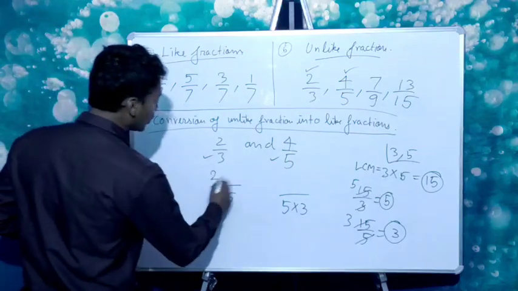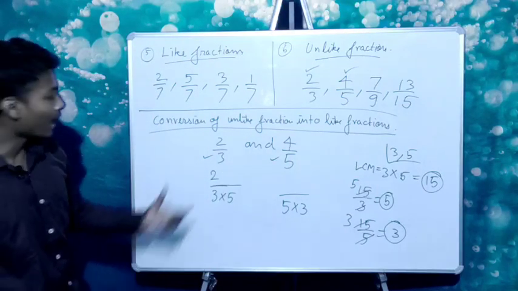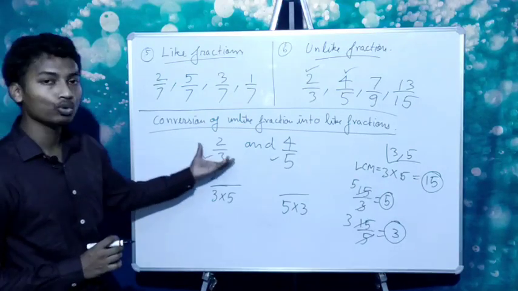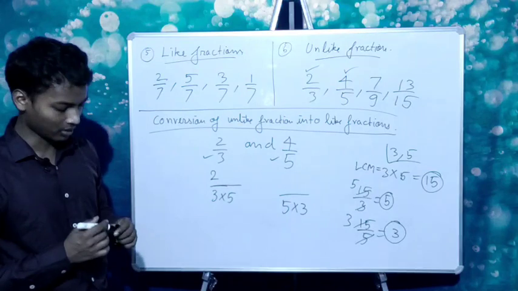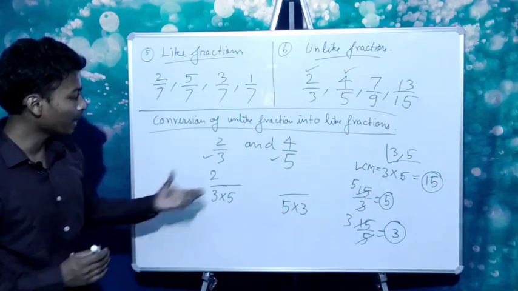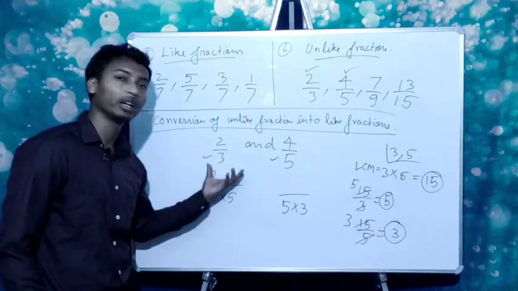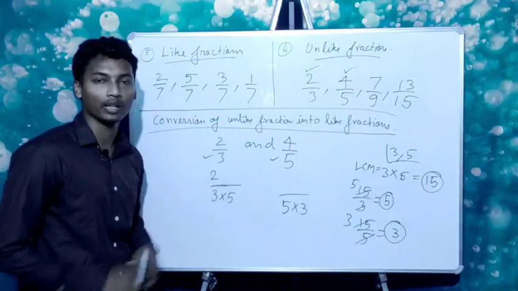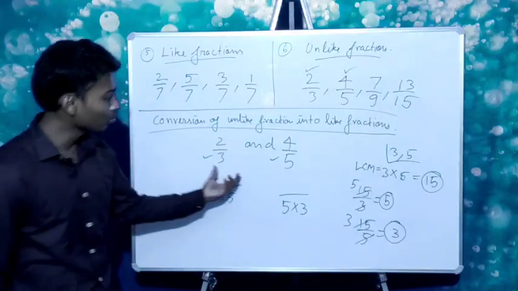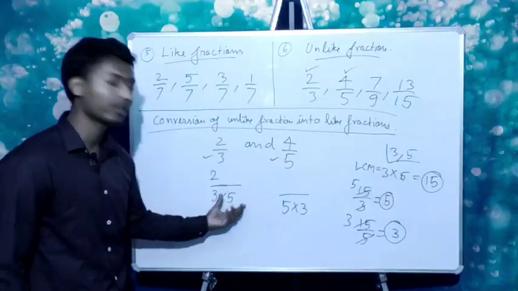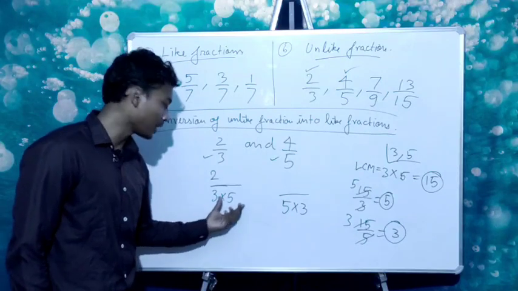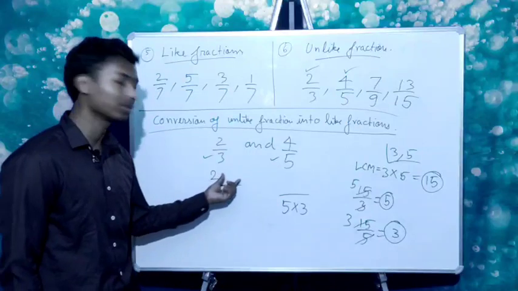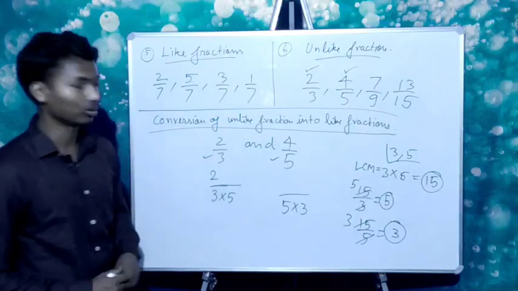Now if you simply write 2 here, the value of the fraction will change. So the fractional value should not change, it should remain the same. Earlier I told you that if you multiply something to the denominator or the numerator, both should be multiplied, right, in the numerator as well as the denominator. If you multiply something to the numerator, you should multiply the same with the denominator. If you multiply anything with the denominator, you will multiply the same with the numerator. Or if you divide something, you have to divide with both.